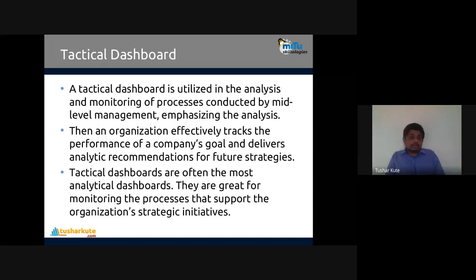Maximum analysis is what we can get from the tactical dashboard. So they are great for monitoring the processes that support the organization's strategic initiatives. What tactics do we need to apply to get this task done? Yes, this is what we can see from the tactical dashboard. It is a special dashboard which is connected to analytics itself.